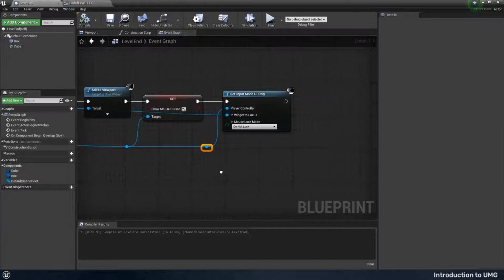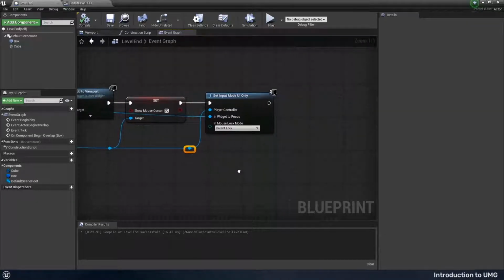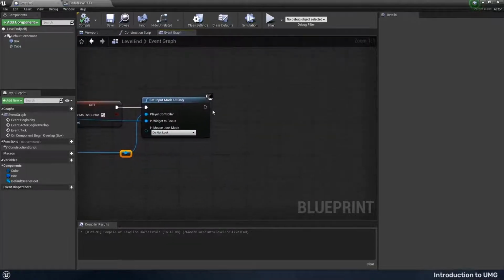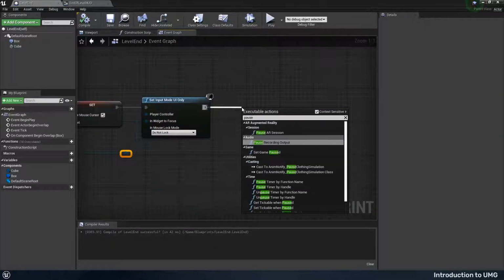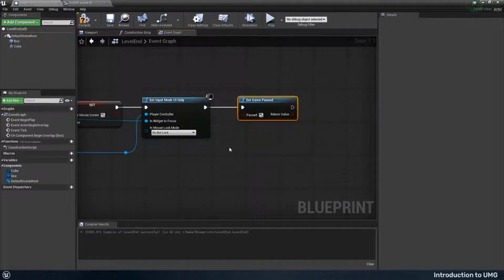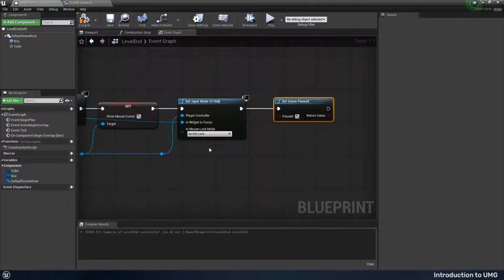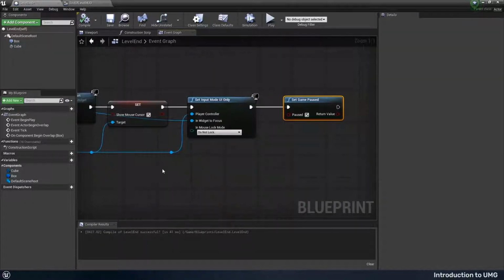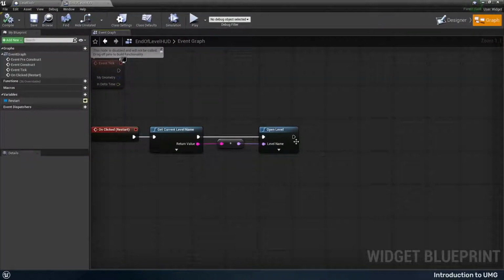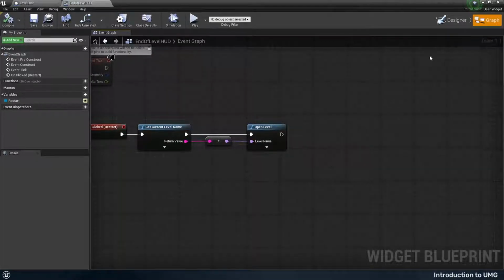So we could see the mouse, we could interact with the UI, but the game was still running, so we can actually pause the game as well. So I'm just going to drag off this last bit, pause, set game paused to be true. So that should actually stop the game in its tracks, but also just before I go playing it, there's a few ways to go with this. We could change the way the widget worked. So here we could actually change the input mode back to game,